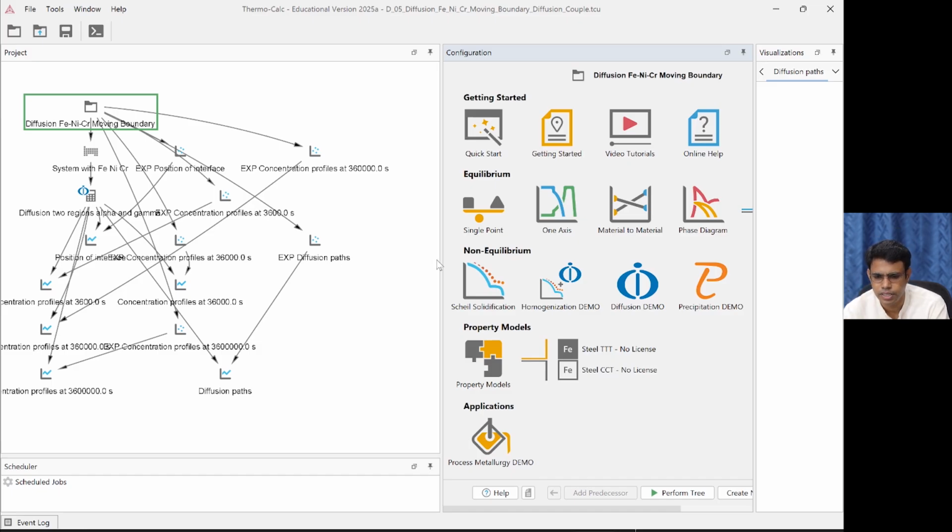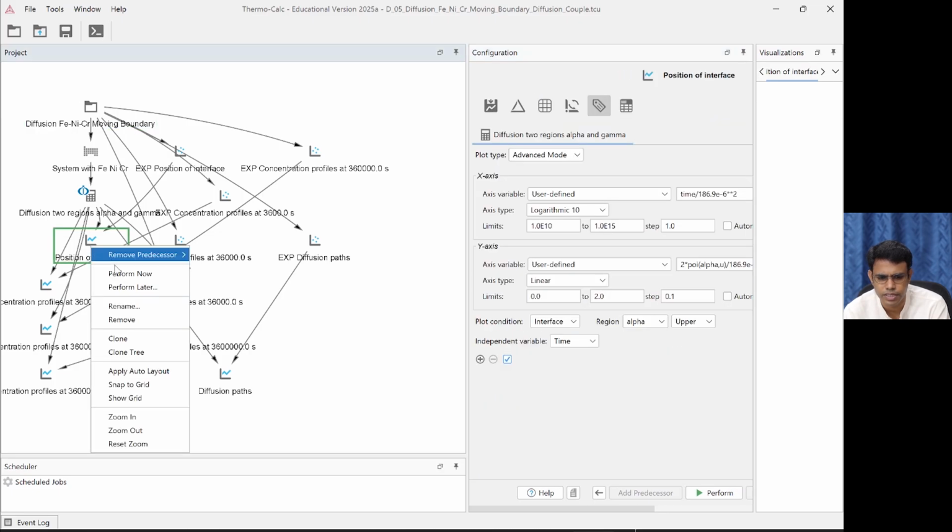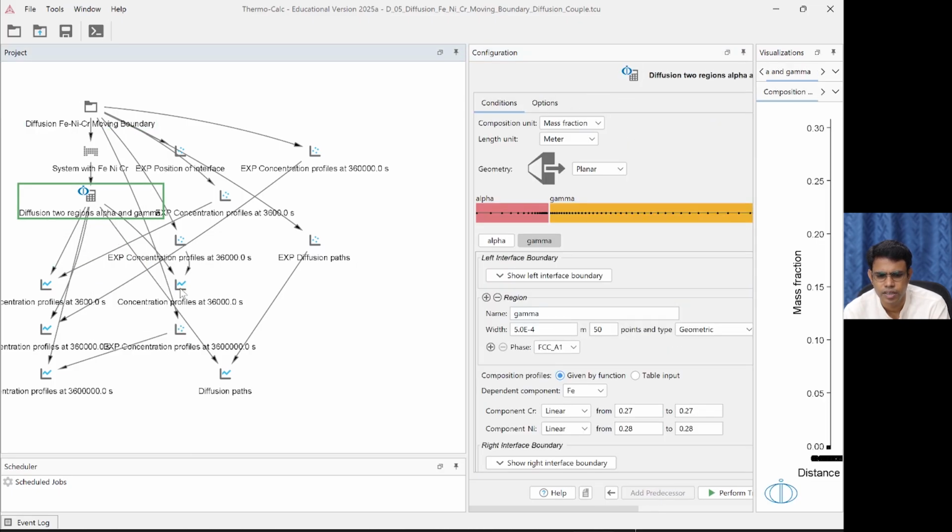First, let me remove a few points in this which may not be that relevant. So I will remove this position of interface. Okay, and there are multiple times at which the diagrams are drawn. I'll possibly remove one of them so that the tree is less clumsy.